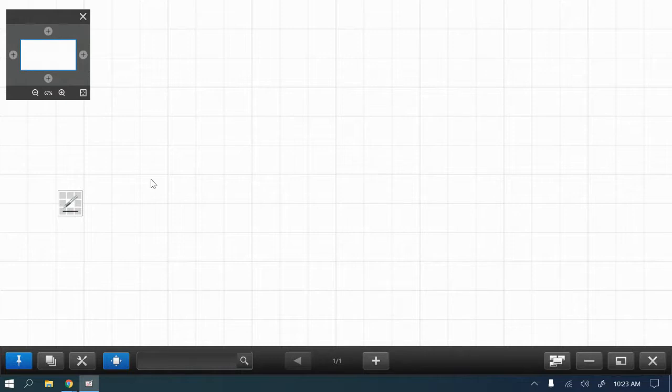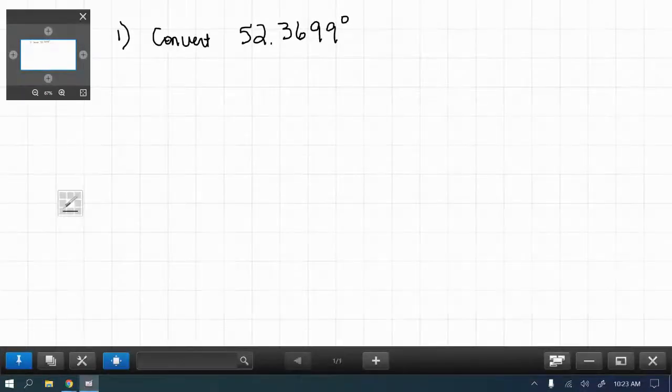So tell me, I think one is Jester, right? And tell me if I'm right. Convert 52.3699, and this is in decimal degrees because there's a decimal point and then it's degrees, to